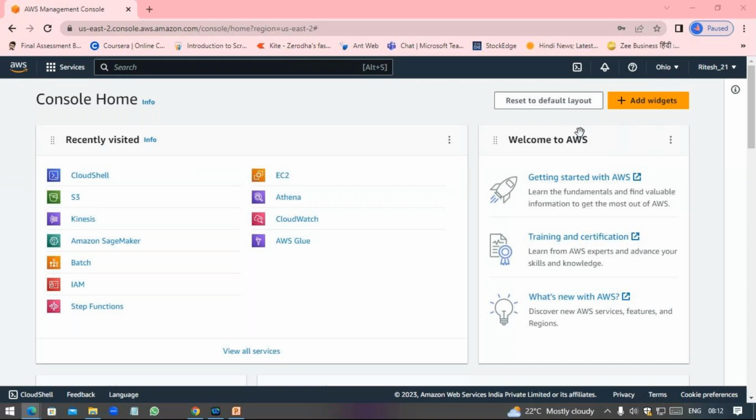It provides pre-built algorithms and frameworks. It offers auto scaling and cost optimization features. It also integrates with other AWS services. That is the advantage of this service. So basically, with this Amazon SageMaker service, we also use